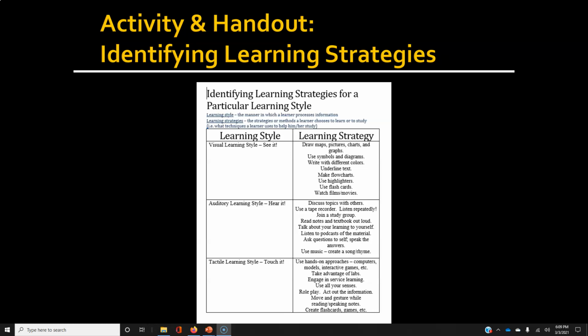Go ahead and do your own research to investigate some new strategies that you might be able to use to actually tap into your own learning style. And again, if you're using a strategy that complements how you learn, you're going to be getting more quality learning done during your actual study time.